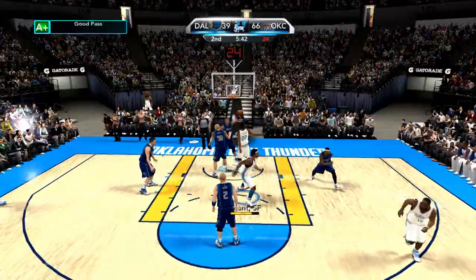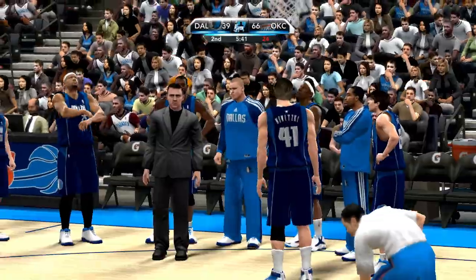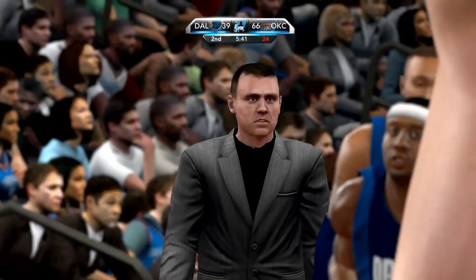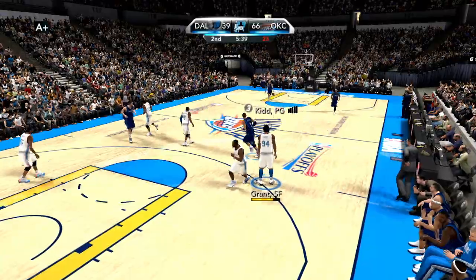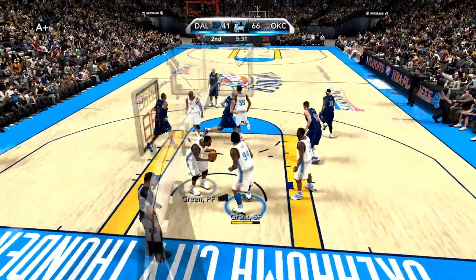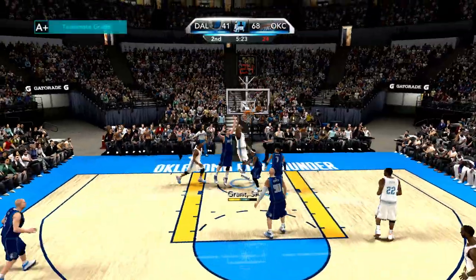The Mavericks making the shot. Oh! Flushes it with the one-handed jam. Too easy. Far too easy. Coach Carlisle signals for a timeout. Here's Kidd. About 5.5 minutes left in the second. Gooden. On the mark from 16 feet out. He has 6. Well, that's a little bit of the European style of play there. When your bigs can hit the mid...